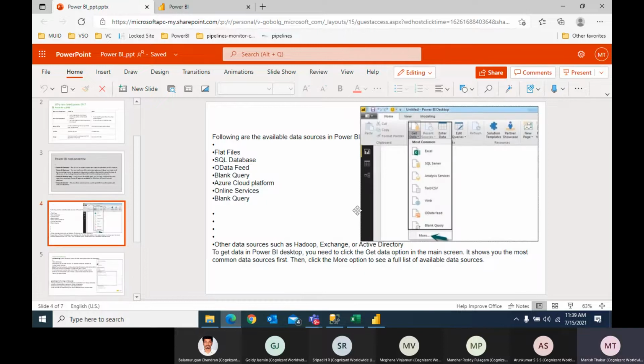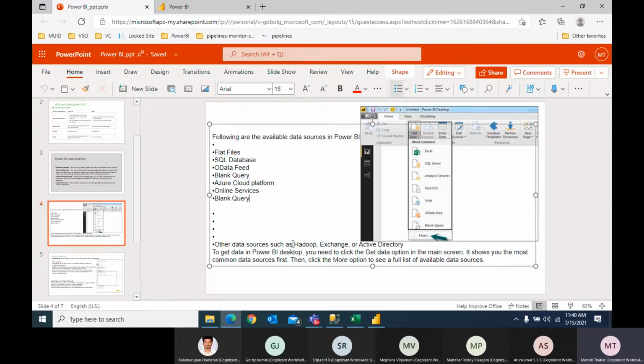Now, how can we get the data source for creating Power BI reports? These are some of the data sources we can use. It can be flat files, or a SQL database. We can also have Azure platform, online services, and a blank query we can write to create our reports.